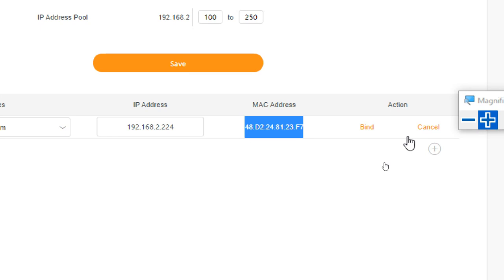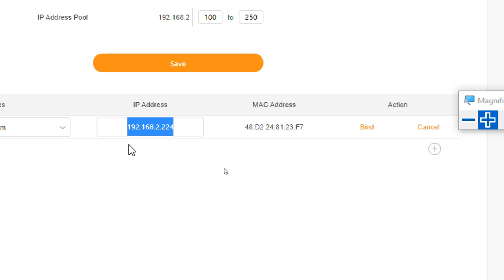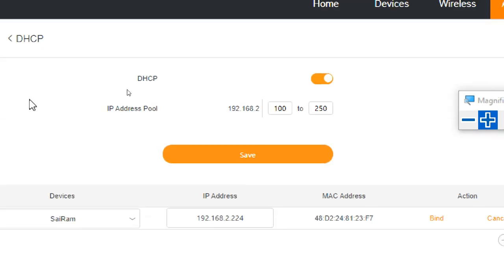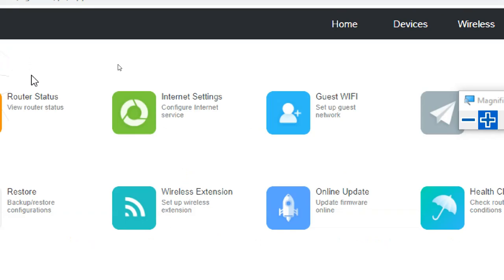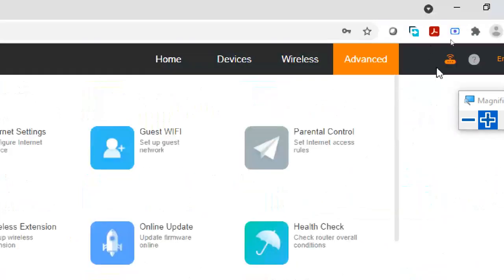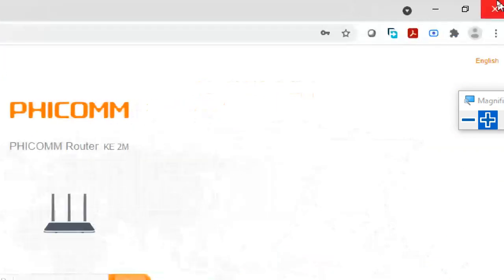This is my laptop's MAC address, and here you can bind it so you always get the same IP address. I will explain why I get the same IP address daily, but first understand the DHCP IP address pool: the first three parts are constant, and the range is 100 to 250. This is how we can check it. I'm logging out; if you have a doubt I will look at it again.